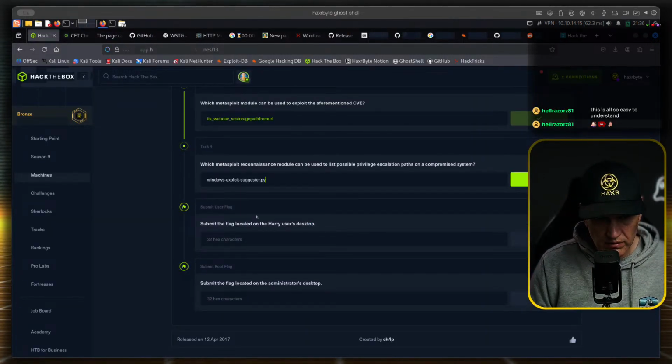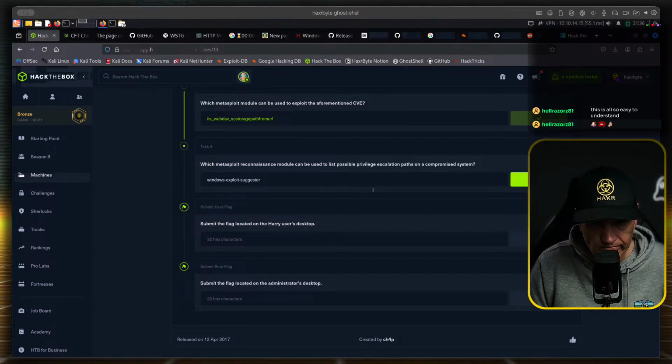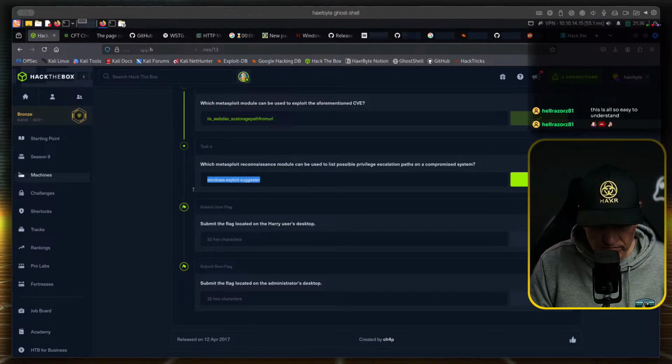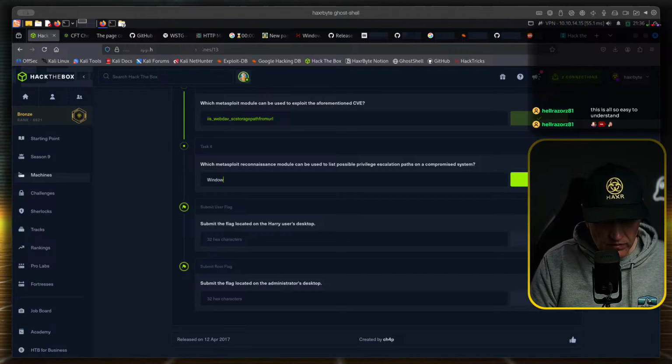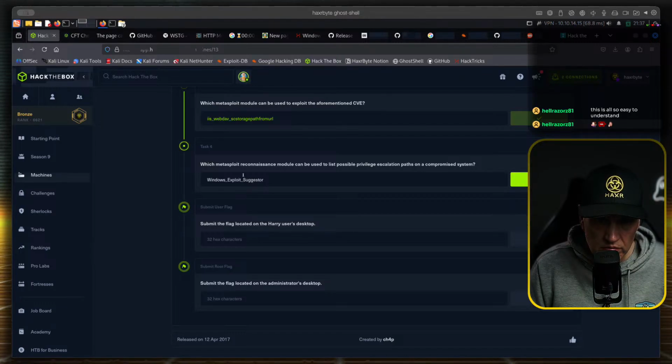Okay, doesn't the P... like this? No. Don't. Split. Restore. What? Reconnaissance module. Metasploit reconnaissance module.